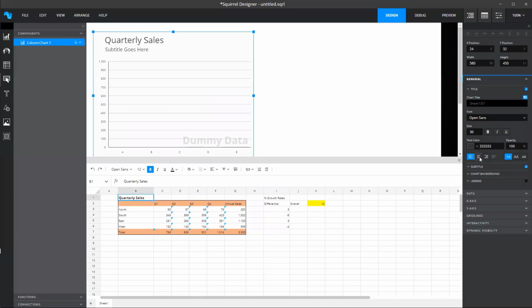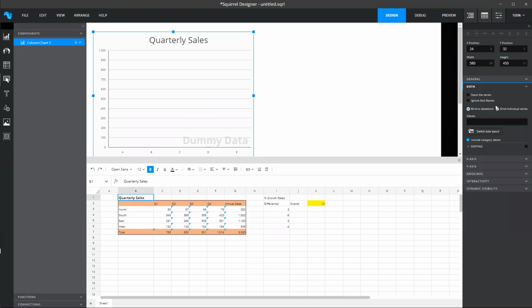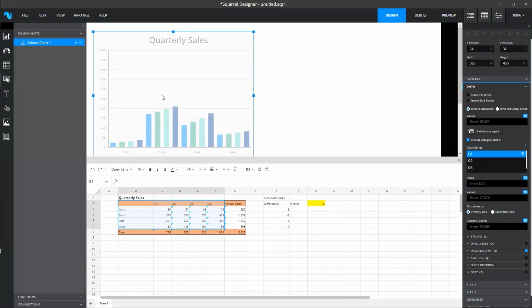I might put that in the middle. I don't want the subtitle there. And then I can start binding the data. So I come in here and bind the values into this set of data. And immediately we see it, as you would expect, inside the column chart. It's not the way around I want, I want it by quarters along the bottom, so I switch the data layout, and there I have my first visualization.